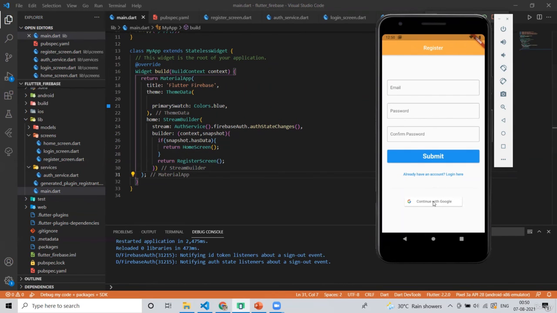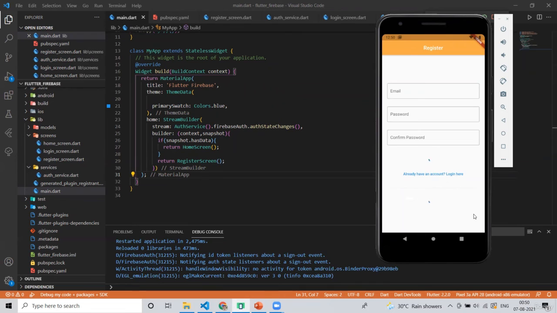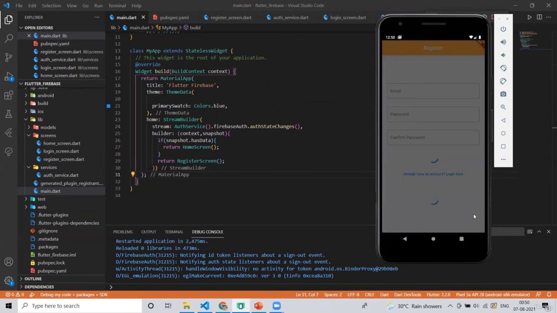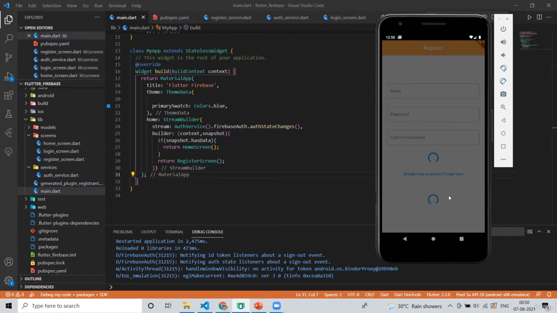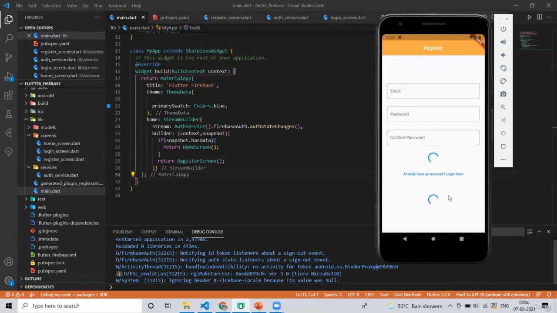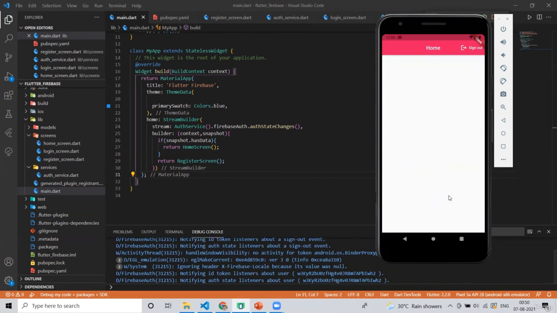Now, finally, if I again click on continue with Google, choose my account, and now let's see if it is redirected to the home screen. See, we are directly navigated to the home screen. So our authentication part is completed and it's working seamlessly.